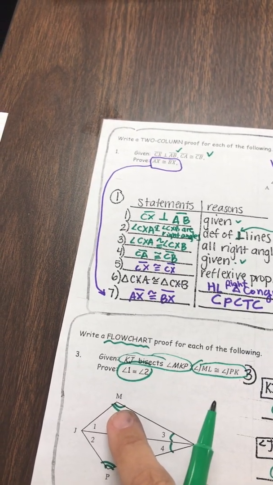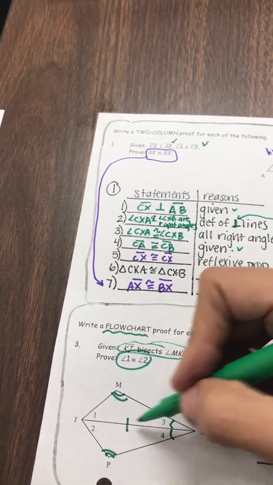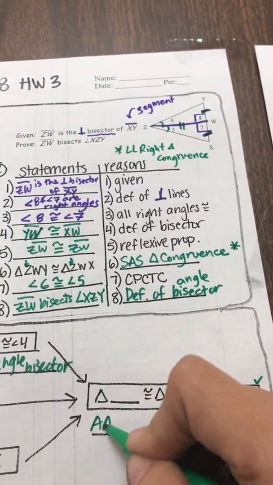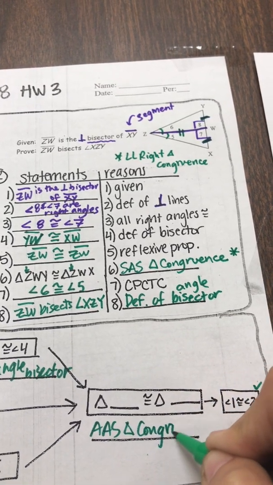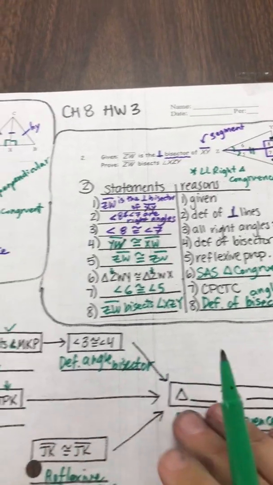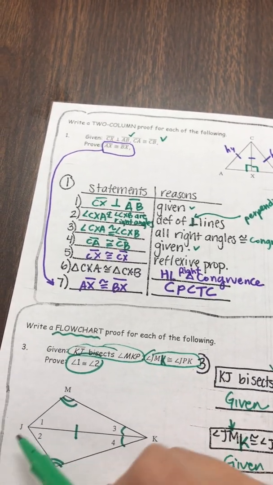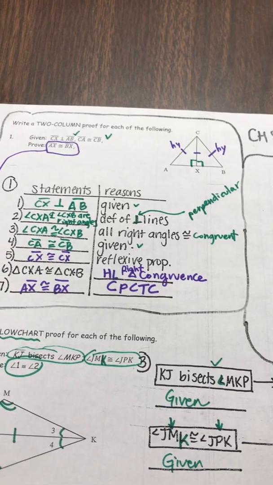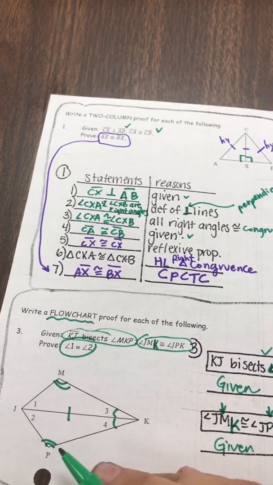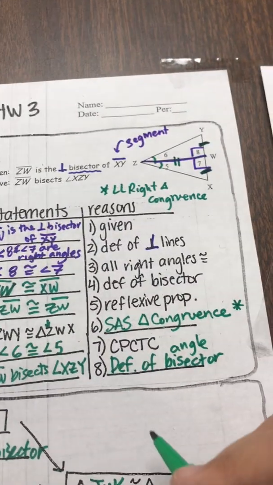So this spells angle, angle, side, angle, angle, side. Cool. So that's what goes here. Angle, angle, side, triangle congruence. Now, I have to name the top triangle and the bottom one, and I just need to go in that same order. So I could go in this order, JMK. I'm talking about the top triangle, JMK. Now I'm forced to name this bottom one, JPK, because I have to talk about no angle, the second angle, the first angle. JPK,